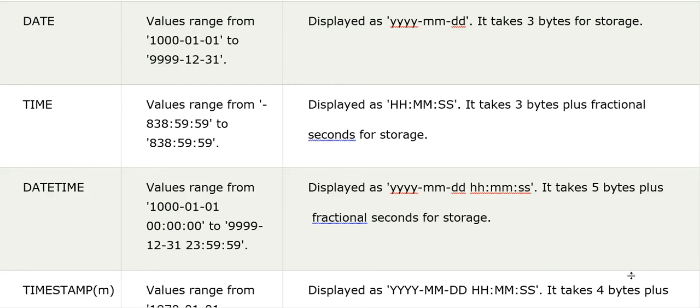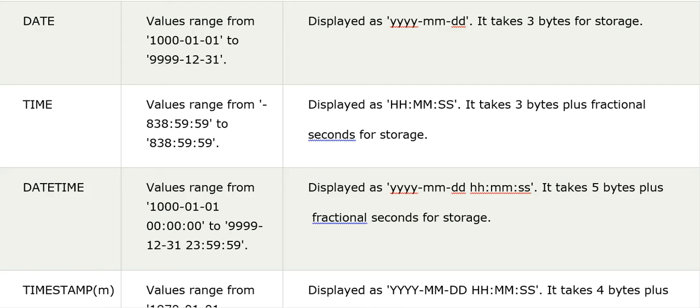It takes 3 bytes plus fractional seconds of storage. So if you want to use this data type, we will use TIME based on hours, minutes, and seconds.